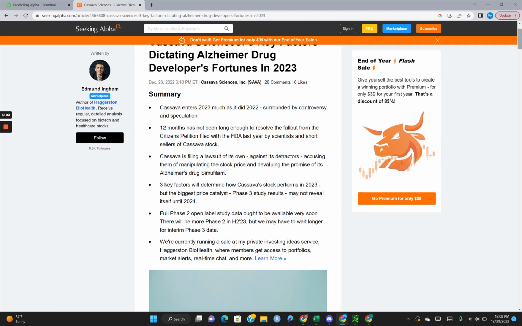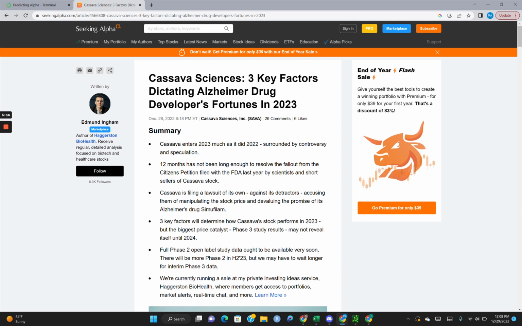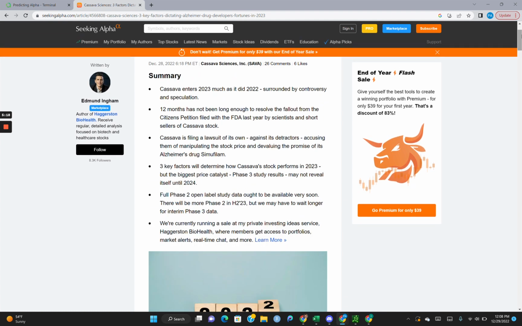Now, drug companies and especially clinical research drug companies are a lot different. You have to actually look at the individual risks with that company because it's not applicable, right? The risks for Cassava Sciences are exceptionally different than the risks of any other biotech company because a lot of the risks is individual, right?